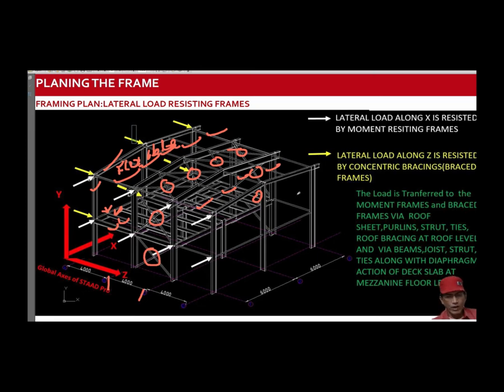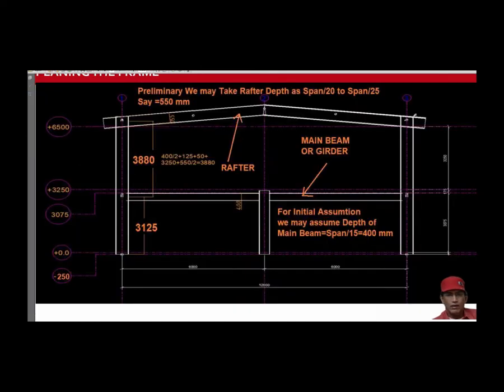So now we have devised a framing scheme to provide a lateral load path along both x and z directions. Next thing we need to discuss is the modeling constraint in STAAD. STAAD uses the center line method of modeling. So we must compute the center to center distance between the